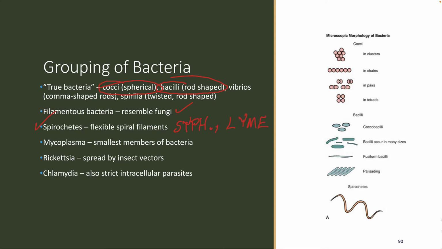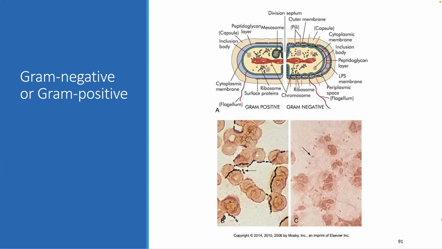Mycoplasma are the smallest bacteria. The one that we know most often is Mycobacterium tuberculosis, or TB. We have to classify things in order to have order, and for us to develop treatments and things, we need to classify microorganisms. So we talk about classifying them by their shape. That was what we just talked about. But we also classify them according to characteristics of staining.